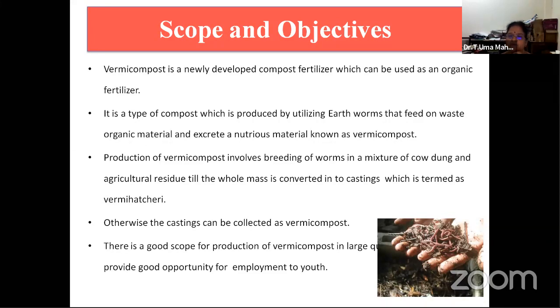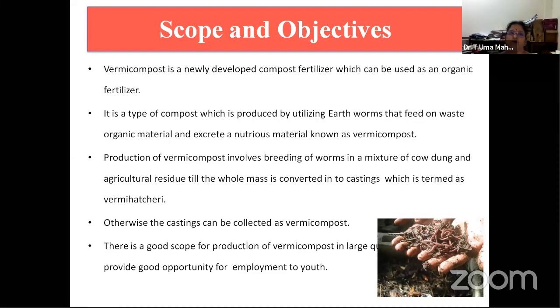So this is the one where the basic idea was to create a good environment without any pollution by utilizing the waste, and the second was to provide organic fertilizers that can be utilized by the people, so that they can go for good food with good health. That is the main concept. In addition, providing employment for the youth. That was the main concept we thought of, and we have utilized the process and we are doing it.